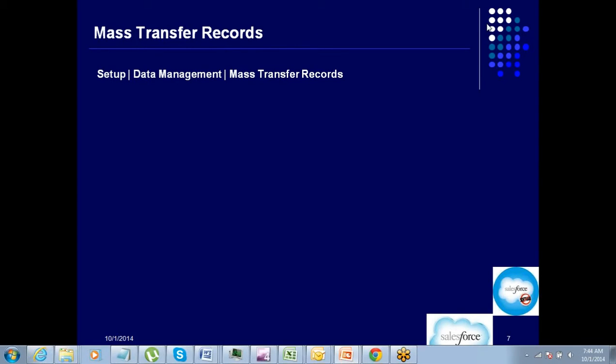Now let's say one person is leaving the company or is moving on to some other project, and all the data under that person needs to be transferred to the other person, right? So in that case, what will you do? If there are 1000 records for that person, let's say I am handling 1000 accounts or 1000 contacts, and then I decide to leave the company. There's another person who comes into the company. Now what needs to be done here? All the records need to be transferred from me to that person, right? So if we start changing the owner one by one, going to the individual record, it will take too much of time. So for that reason, we will do mass transfer of records.